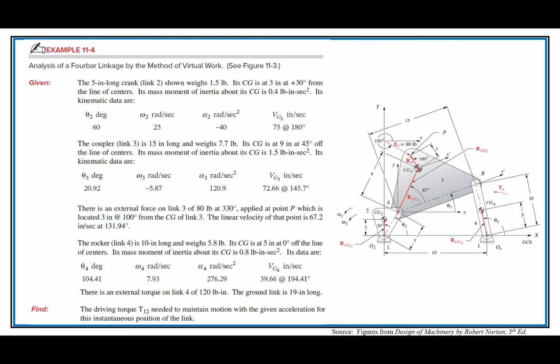This is example 11.4, and he's calling it the method of virtual work. I'm not going to argue with him about that nomenclature. Virtual work's a little bit different because we're really doing it by a power analysis, or even just an energy balance, you could say, with what we just did. Virtual work involves some partial differentiation and some imaginary displacement that's not really there. But anyway,